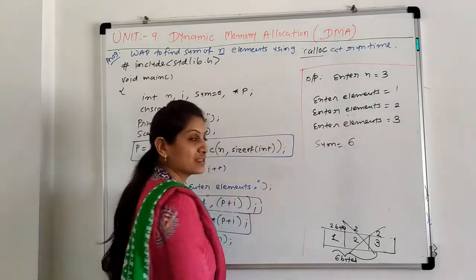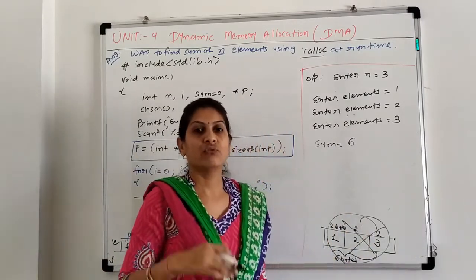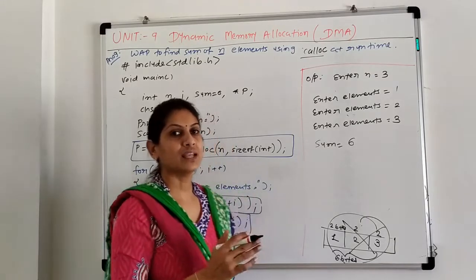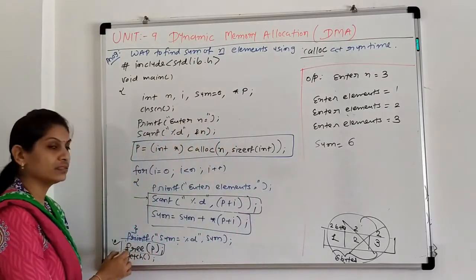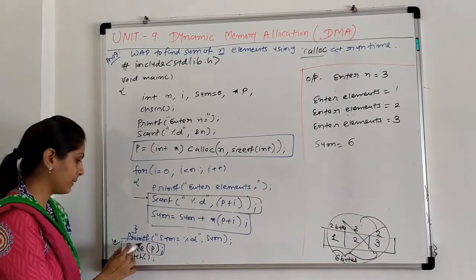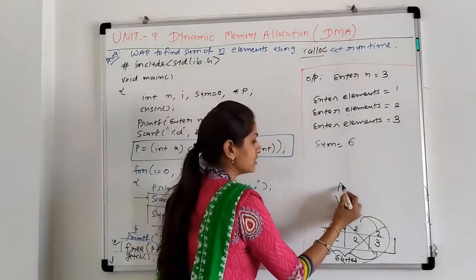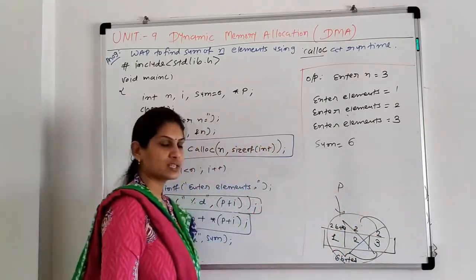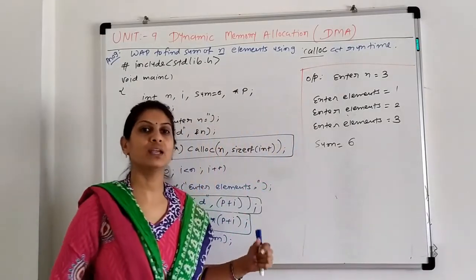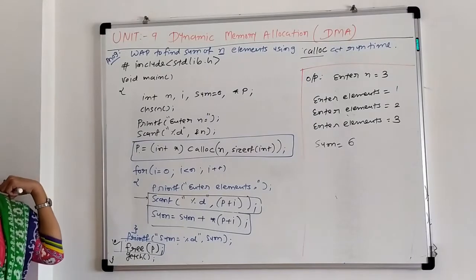Now our program is executed. We do not require this data, so we have to destroy it, we have to release that memory, and that is done using this function free. So the syntax is free(p). P indicates the pointer. So the pointer is destroyed for this memory, and you can use that memory again. Clear? So this is the program for the calloc function.